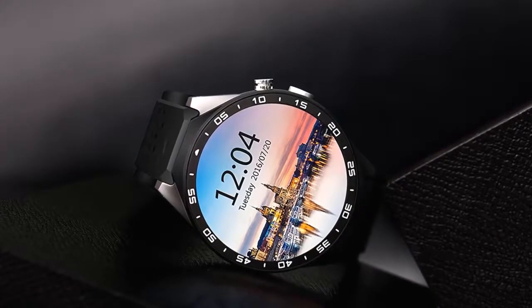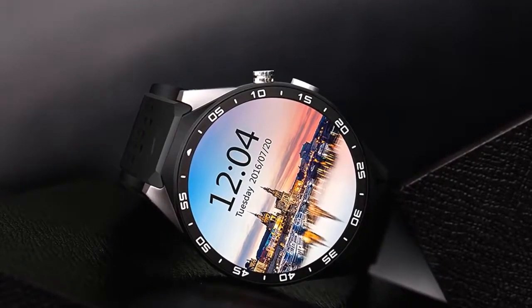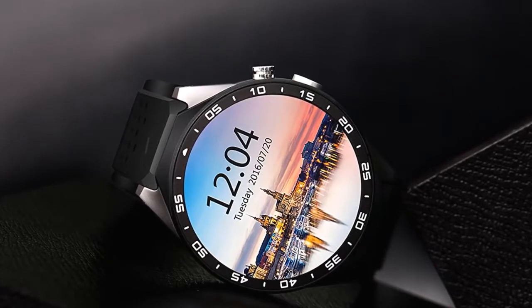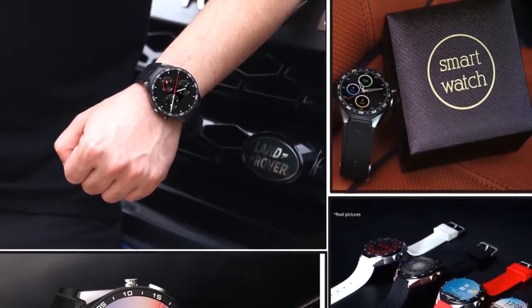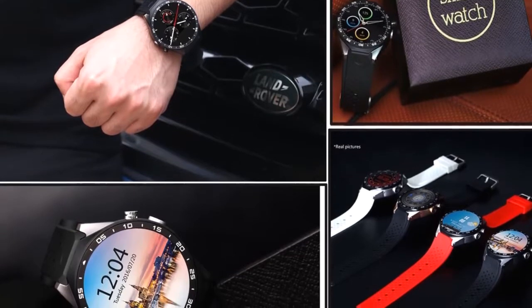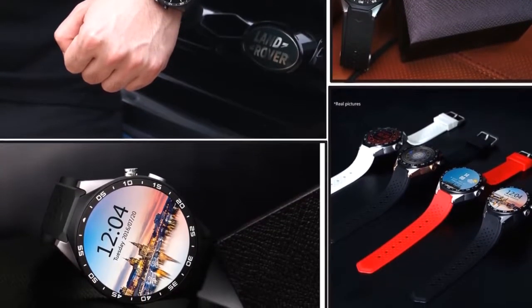It even has fitness trackers along with their respective apps that allow the user to keep track of his or her activities. It uses a 1.3 AMOLED screen, which basically means that you get saturated colors, great brightness, and amazing view angles. I cannot really create a fuss about the screen, especially not with the price tag this watch carries. The watch also comes with Wi-Fi, Bluetooth, and cellular options, and although many people will not be interested in